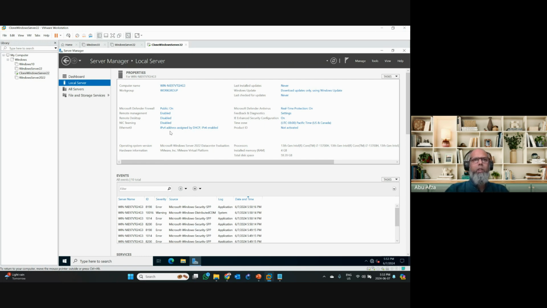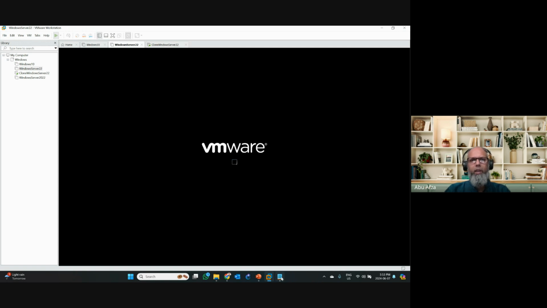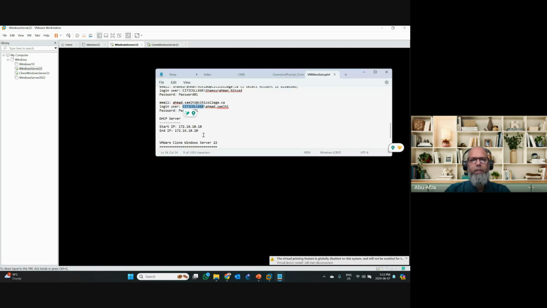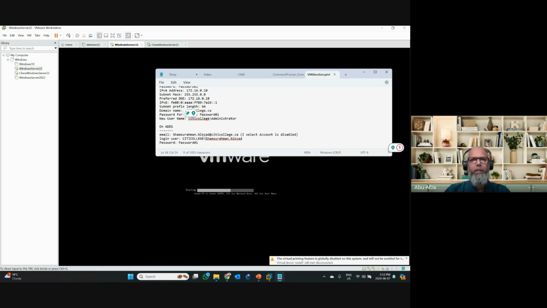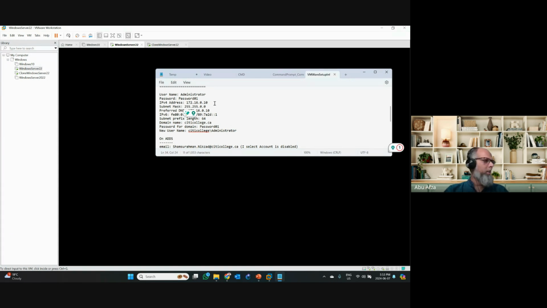Okay, in the meantime, I need to use this server also. Let me power on that server. And what was the IP address? I set up the IP address in here: 172.16.0.10. Okay, and in that computer,